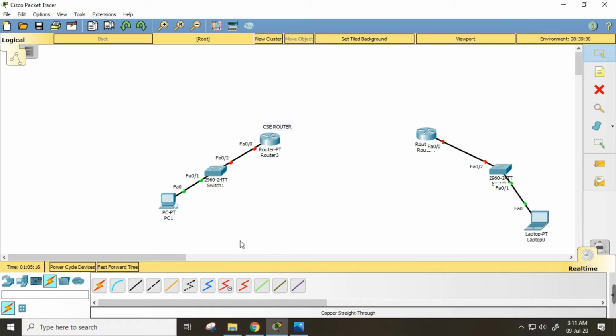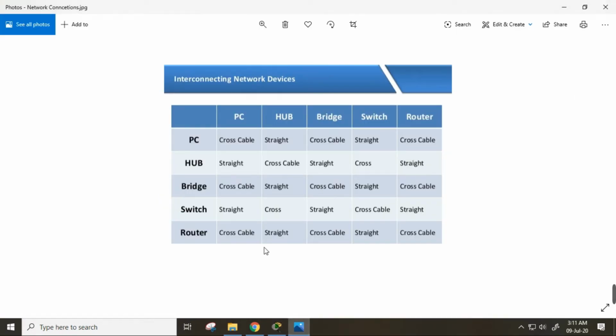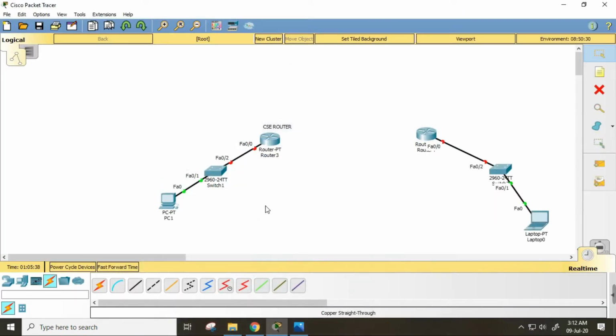So this time we're not going to be using a straight through cable. Now you may ask, can't we use a crossover cable? Because previously we saw in our connection picture that if we want to connect a router to another router, then we're going to be using a crossover cable, right? Yeah, definitely we can use a crossover cable to set up this connection, but in our course, most of the